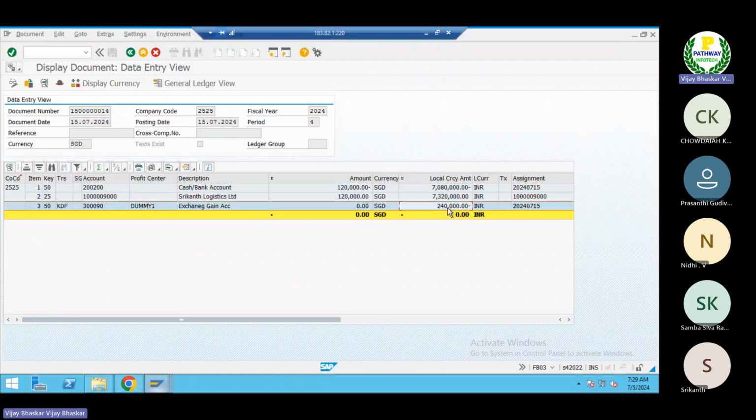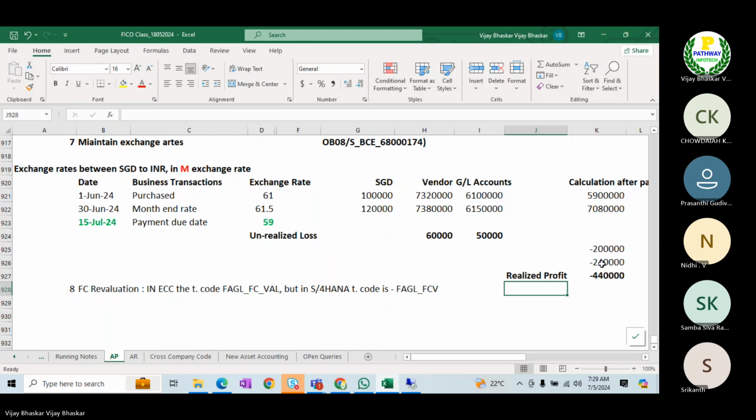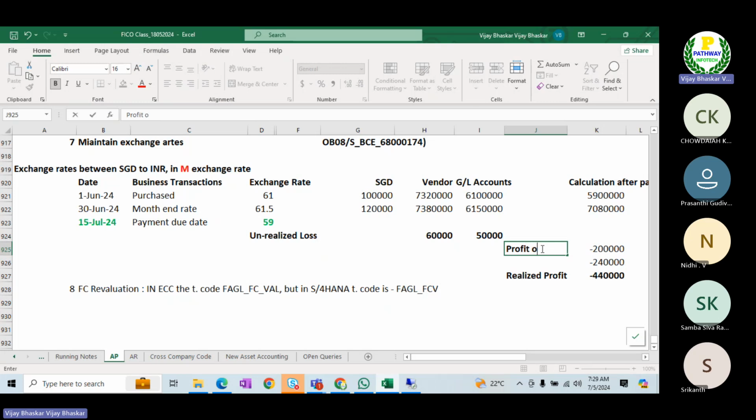Now one is 2,40,000, another one is 2 lakhs. This is for your GL, profit on GL, then profit on vendor. So based on this, the system has calculated. These are the things. If any queries, please let me know about the foreign currency revaluation.